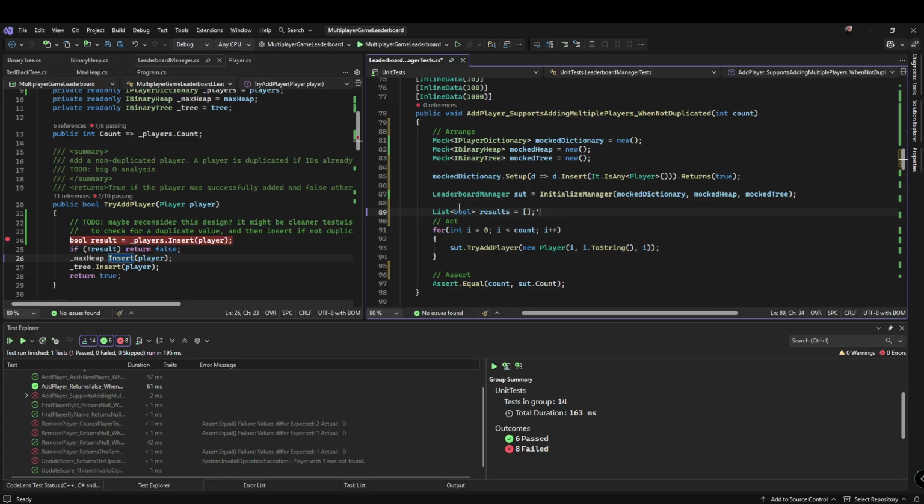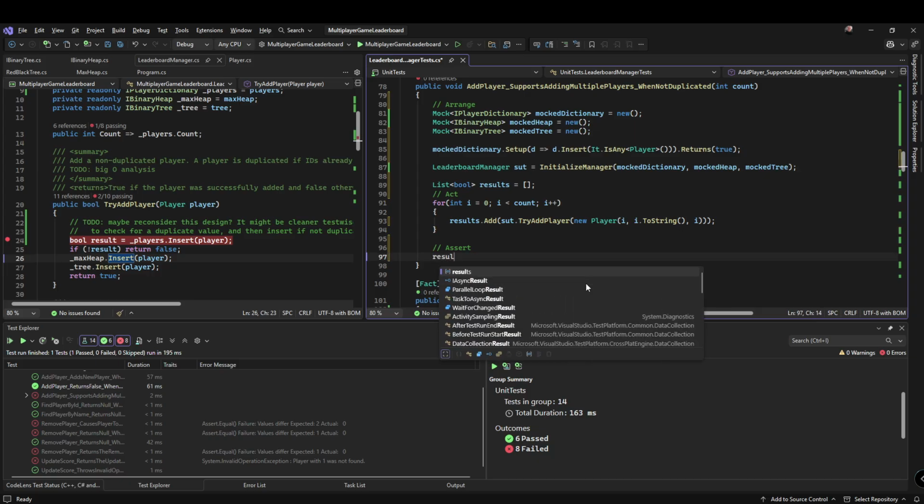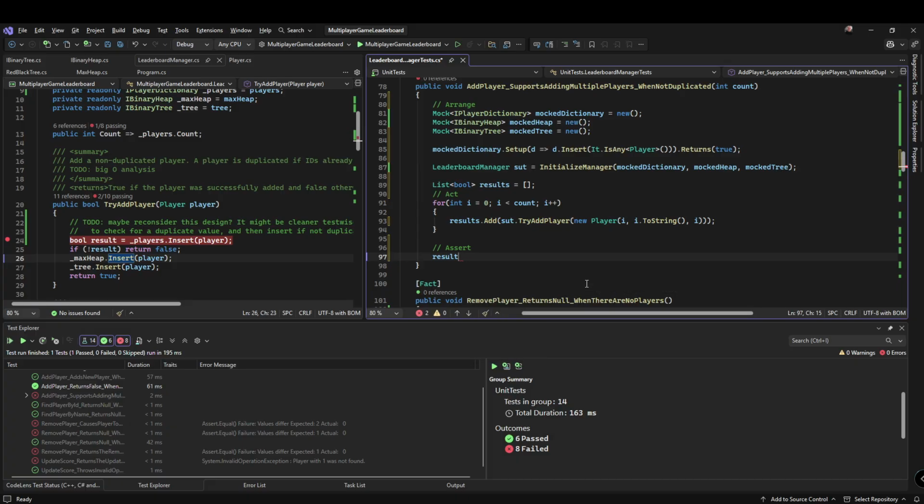This is not how I was going to do it, but I think we can do this. Results.Add. Right. Results.Add. So add this Boolean result here. So let's do that. So now we have a sequence of true. So we'll do results dot assert dot